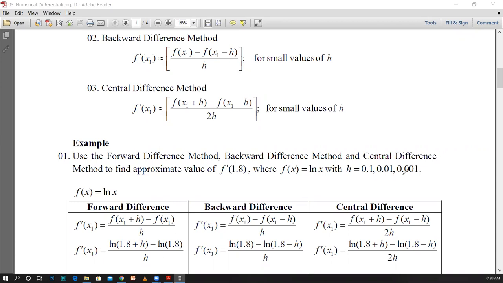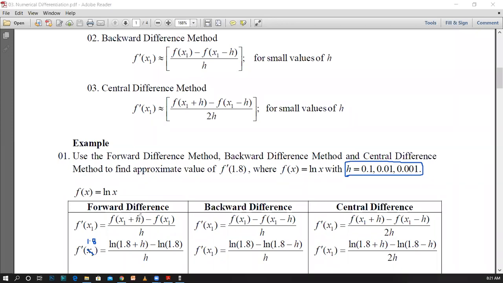Generally here we can see that there are three h values. Therefore, without substituting them initially, I will continue the calculation using the value h. Therefore, I can obtain a general equation. Here we can say the value of x1 is equal to 1.8. Then f'(1.8) is equal to ln. This is the function we are having, and in the place of x now we have to substitute the value